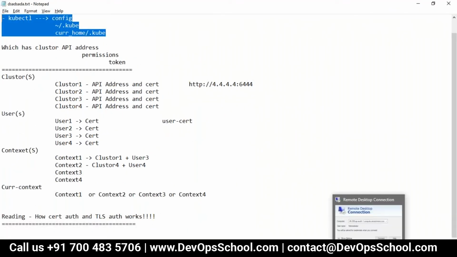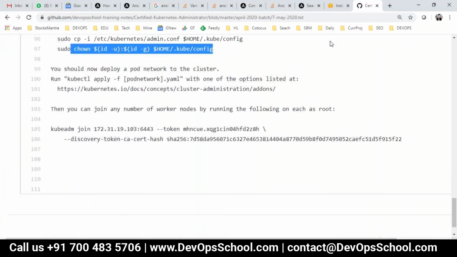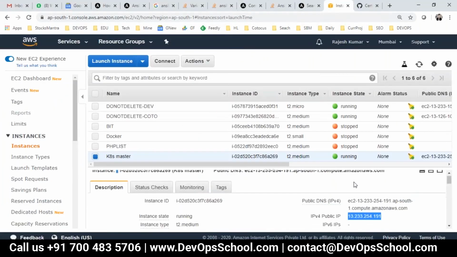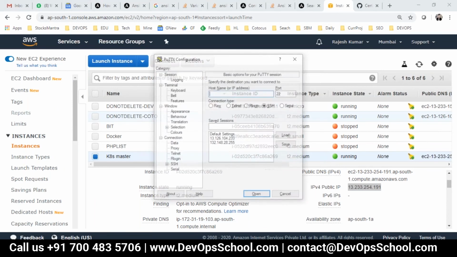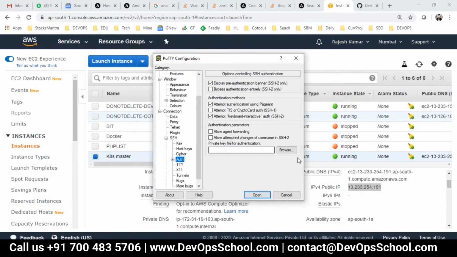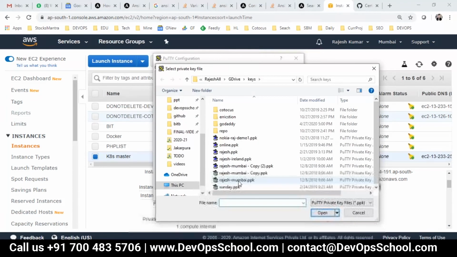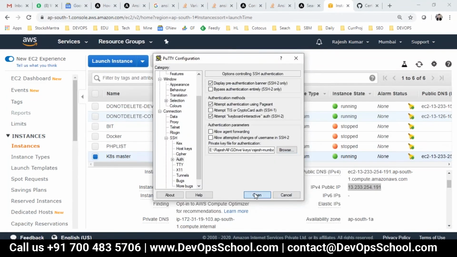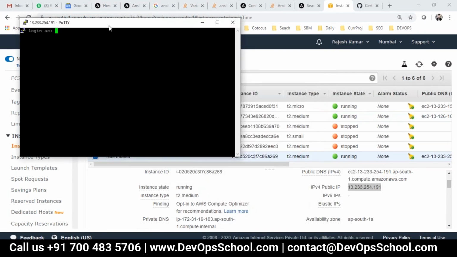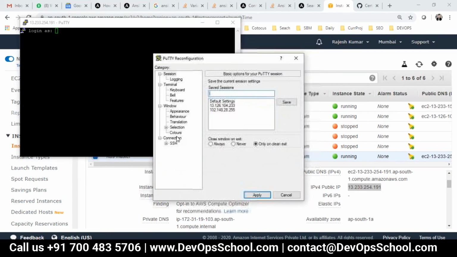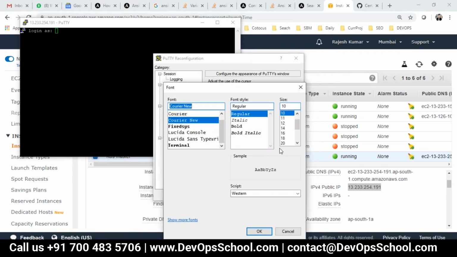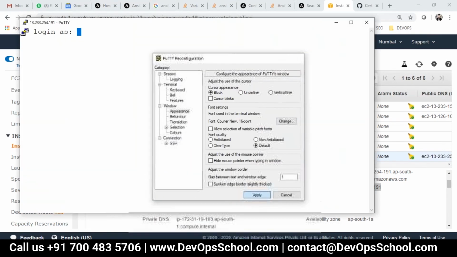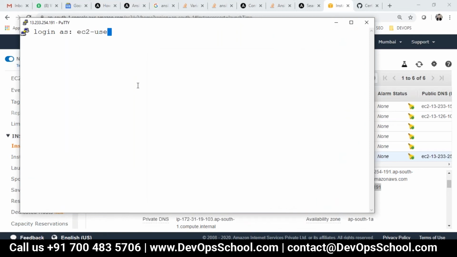So now I'm going to show you that machine. For my demo, I am making the workstation and master both in the same machine. There's a mini advantage to it, because the demo will be very smooth in that case. Others will have to move from machine to machine, here to there. So this is the machine which I set up last session.